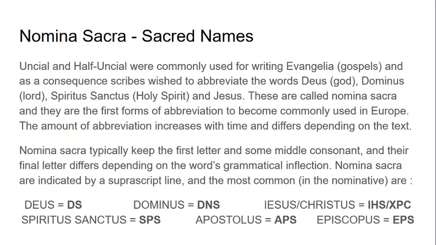Dominus is just the Lord, and if we want to say to, with, or for the Lord, we have to say Domino, and we communicate this by writing DNO. So Domino, you're going to say DNO, and if you say of the Lord, it's Domini, and you'll say DNI. So that's how you inflect nomina sacra to reflect their Latin, and you're probably starting to appreciate why